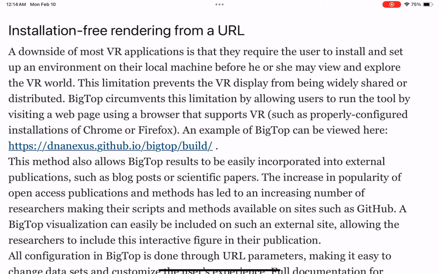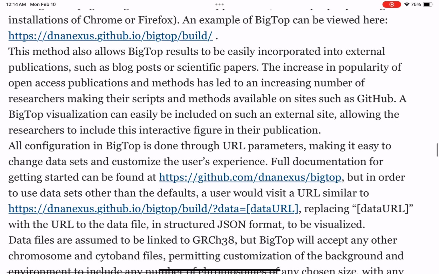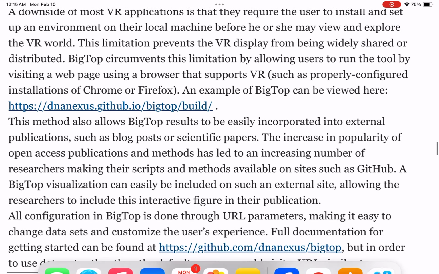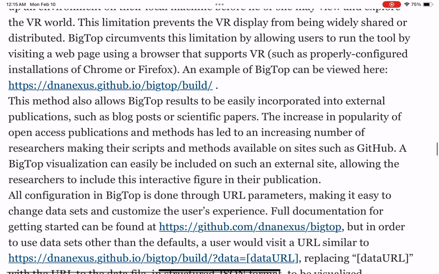https://dnanexus.github.io/bigtop/build/. This method also allows BigTop results to be easily incorporated into external publications, such as blog posts or scientific papers. The increase in popularity of open access publications and methods has led to an increasing number of researchers making their scripts and methods available on sites such as GitHub. A BigTop visualization can easily be included on such an external site, allowing the researchers to include this interactive figure